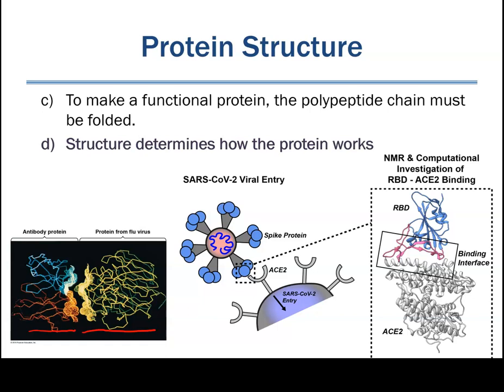So similar to this example with the flu protein, COVID-19 has this shape that you're probably all really familiar with. It is called the coronavirus because it kind of looks like a crown. It's got these spikes sticking off of the virus. And you've probably heard a lot about the spike protein. Well, the spike protein is important because its shape, the shape of that spike, fits into something called an ACE2